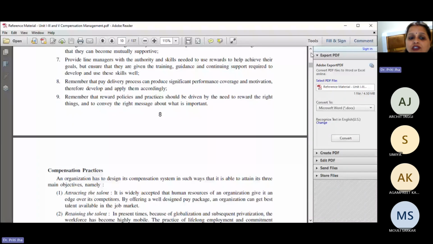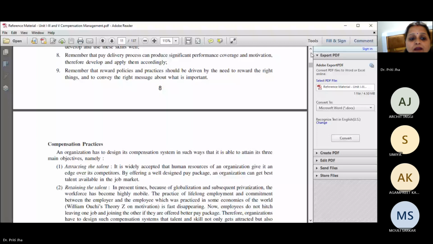Next topic is compensation practices. There are basically three main objectives of